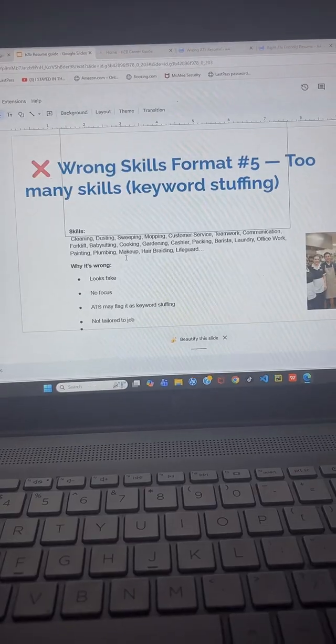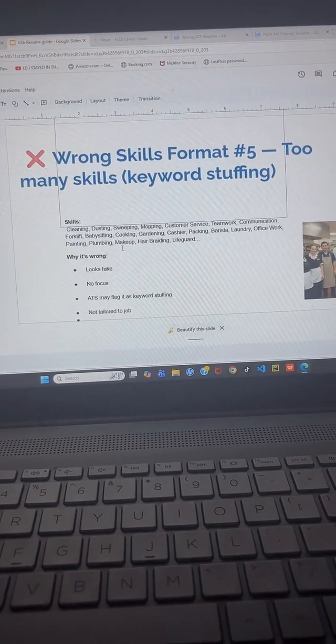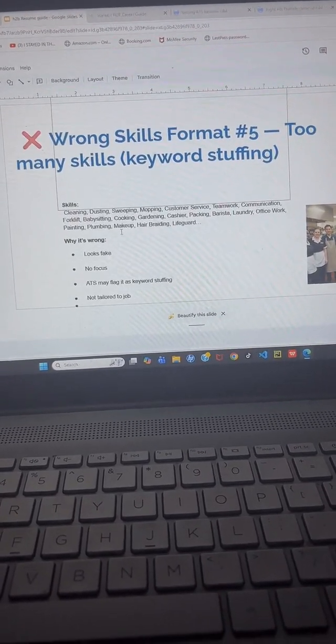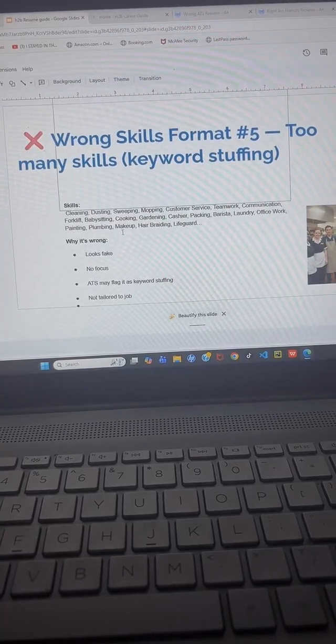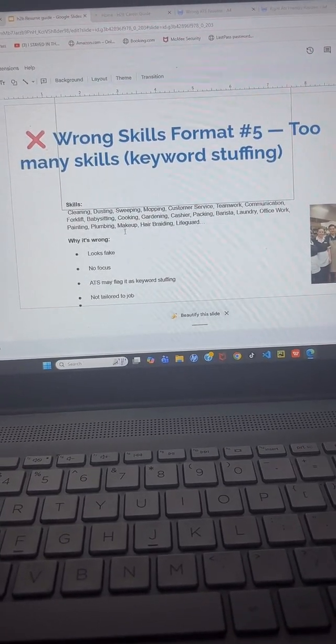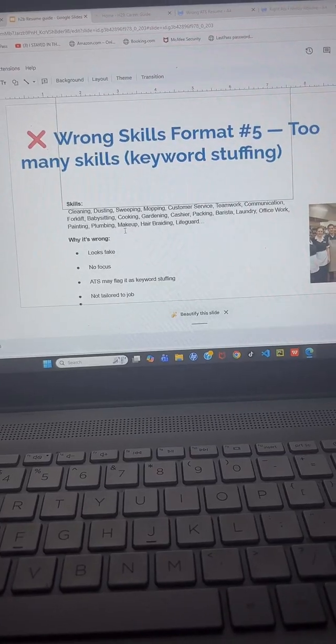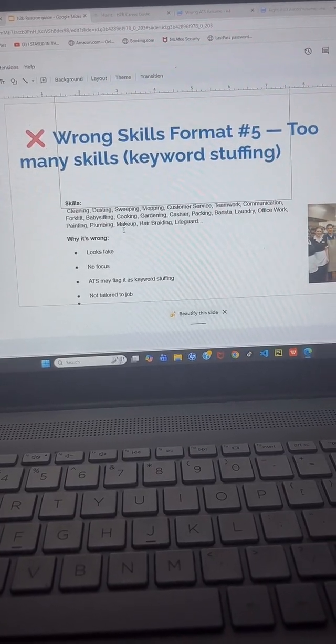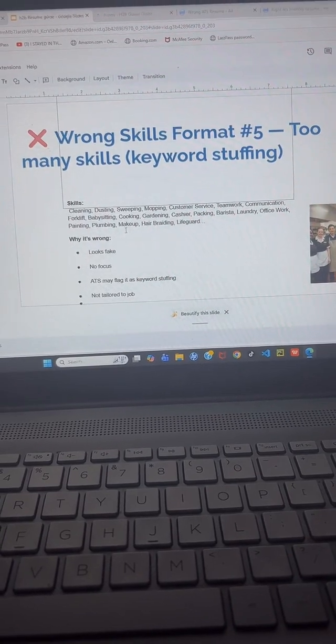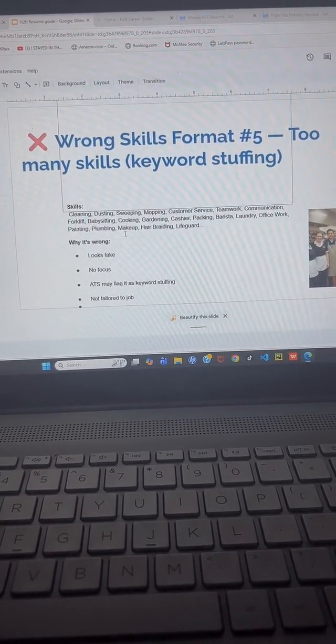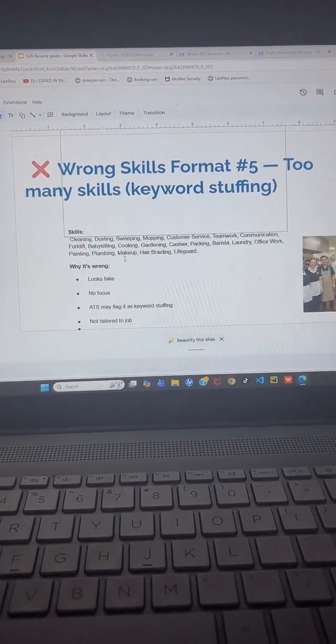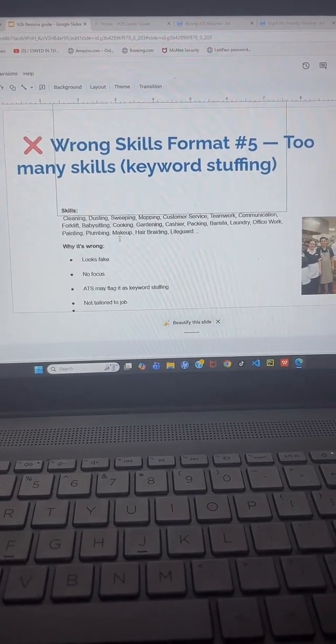That is very unprofessional, and it doesn't match the job. So ensure that you're using keywords. Ensure that your skills match the job position.